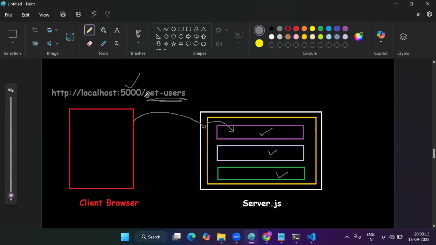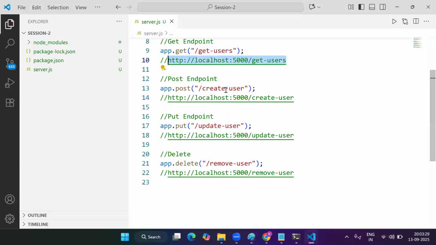If you are sending create user, then first the request will come to the server, then it will check which endpoint create user is bound to. So that particular endpoint will execute. Like this, these endpoints, nothing but these route paths, are very, very important. And whenever a request comes to this endpoint with this route path,